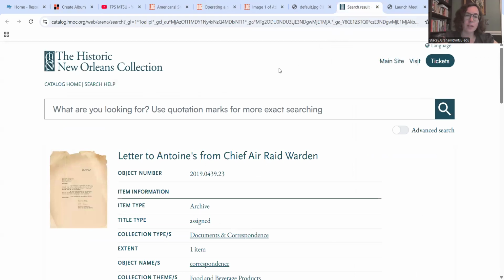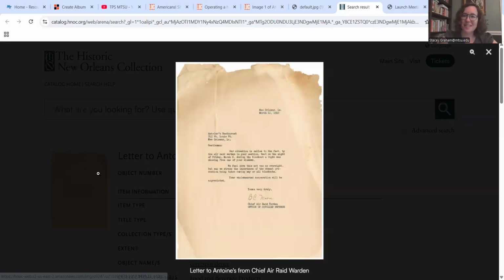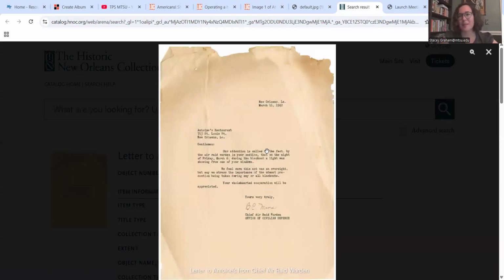And so I was looking through the Historic New Orleans Collection website, which is fantastic, and I found this letter to the famous Antoine's Restaurant from the chief air raid warden, and it's notifying them that they left a light on during a blackout period. And he's going to give them the benefit of the doubt that, oh, maybe they didn't mean to do it. Maybe it was an accident, but next time, please follow the rules. And New Orleans was on some blackout because there were German submarines